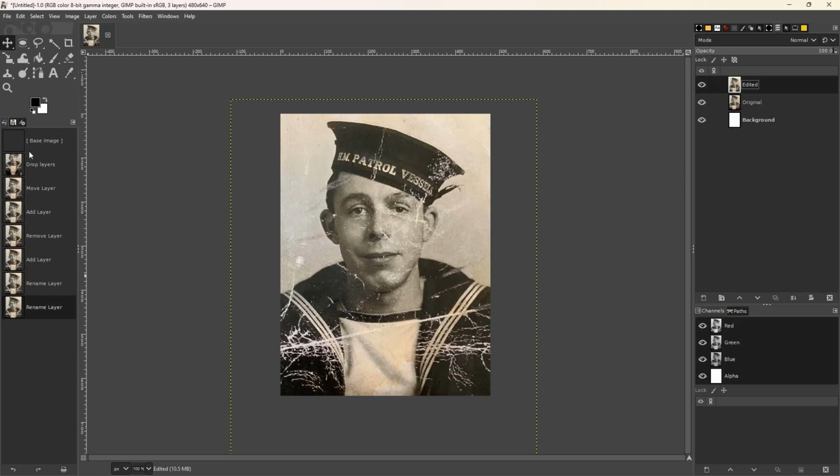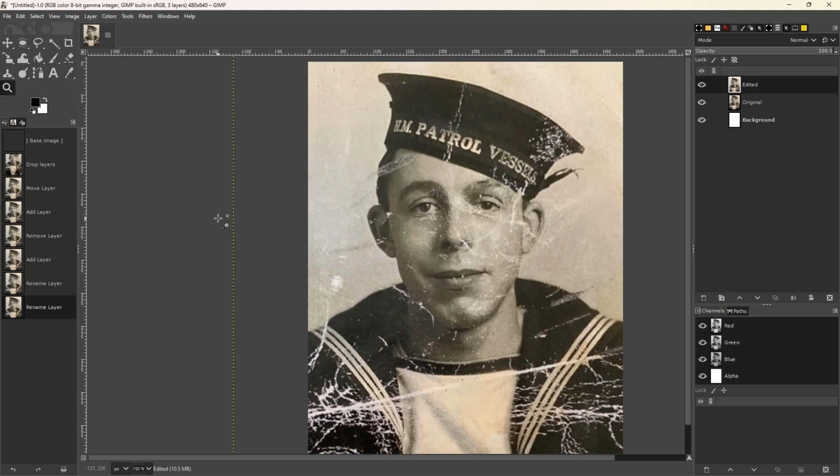Okay, so now what we're going to do is we're going to zoom in on it. So use the magnifying glass to really zoom in on it. I'm going to show you a technique where you can use the selection tools and Shift plus Alt to duplicate areas of the canvas that are undamaged and use those to replace some of the damaged areas. So here I'm going to grab my ellipse selection tool or my rectangle select tool, right? So I'll start with the ellipse select, and make sure you're on the edited layer. I can select an area,